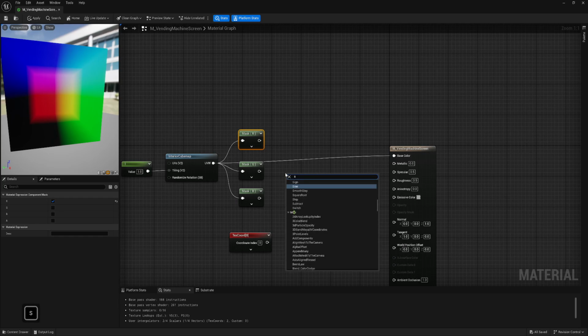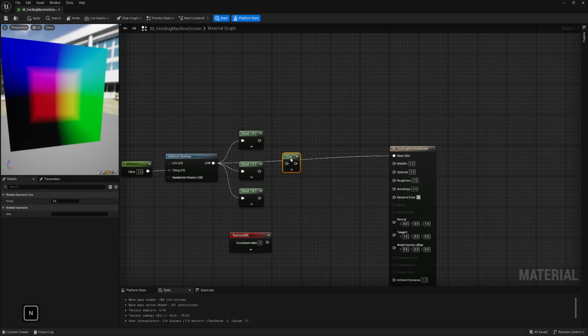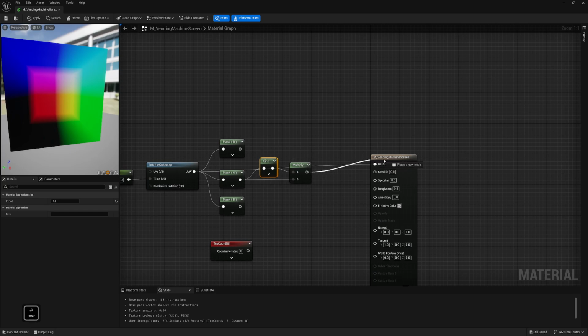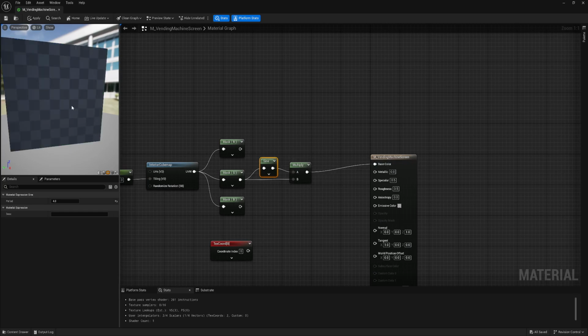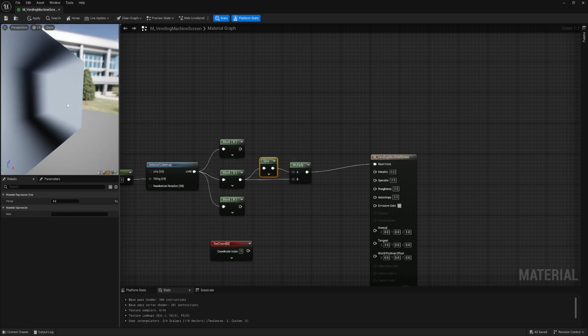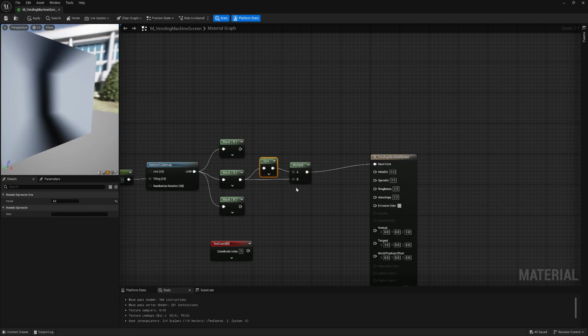So for example, if I pass it through this Sine with a 4 in the Sine, and connect it to base color, see it's already doing something interesting.